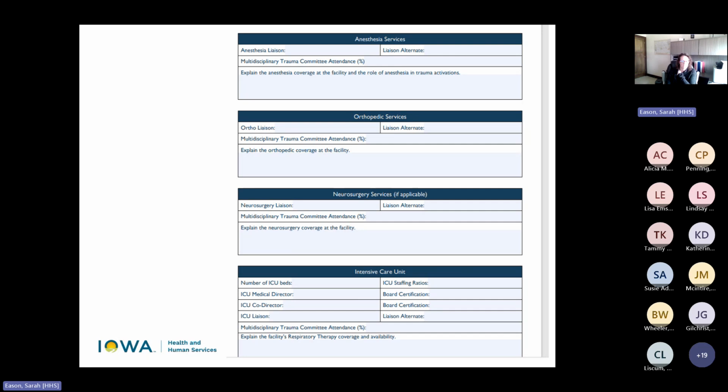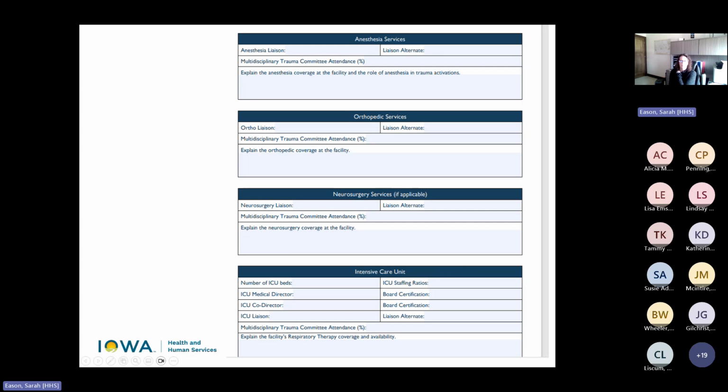ICU for level 3s have a few more criteria listed in there. So they say a surgeon on your criteria checklist is required for level 3s. A surgeon must serve as a co-director or director of the ICU, must be actively involved in and responsible for setting policies and administrative decisions related to trauma ICU patients. That's criteria 1153. 1154 says the ICU director or co-director must be a surgeon who is currently board certified or board eligible. And 1156 says the physician coverage of the ICU must be available within 30 minutes and a formal plan in place for an emergency response.